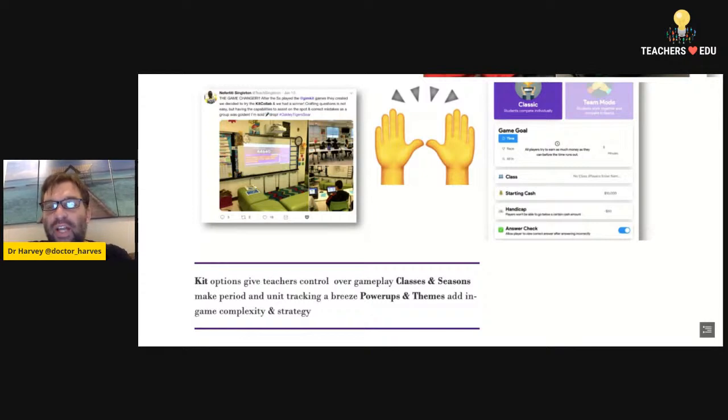And you can also set the starting cash to any value you want. So if you want to be mean, you can set the starting cash at $10. So they have to be very careful, because if they use that $10, then that's it, the money's gone. Or you can be generous and give them $10,000 as in the tweet.